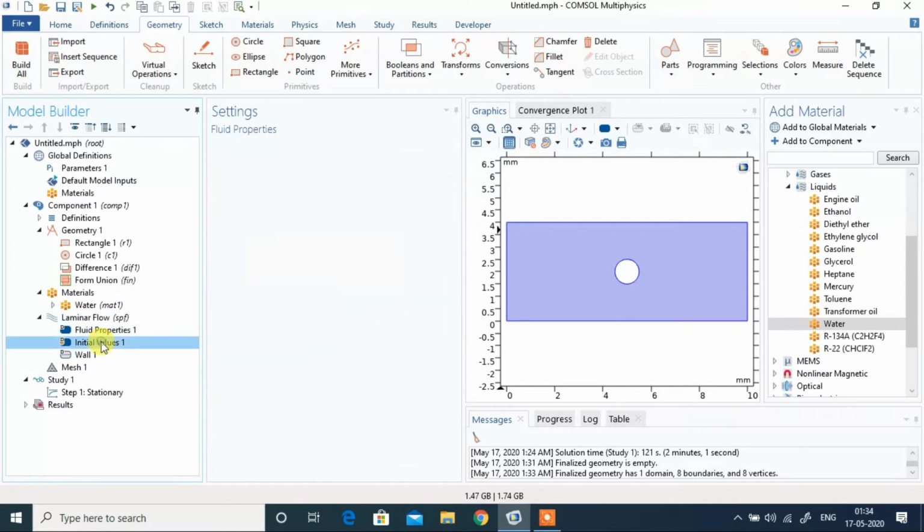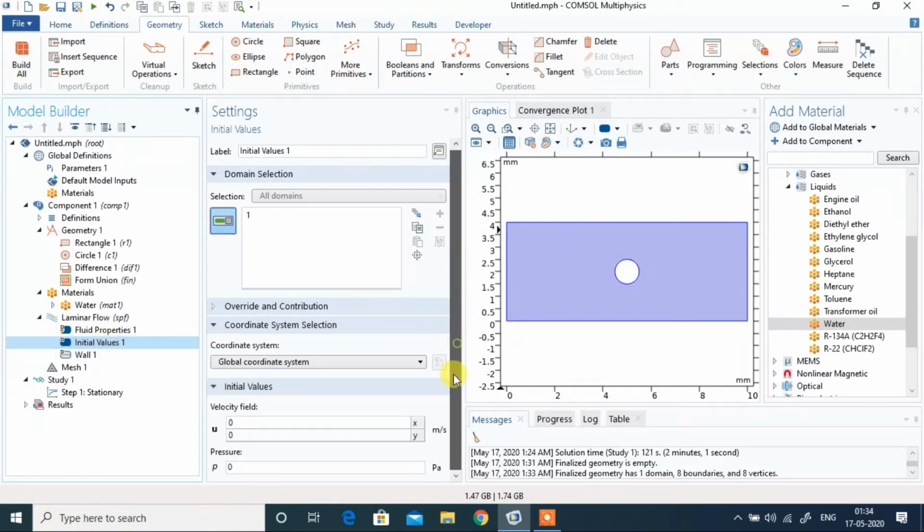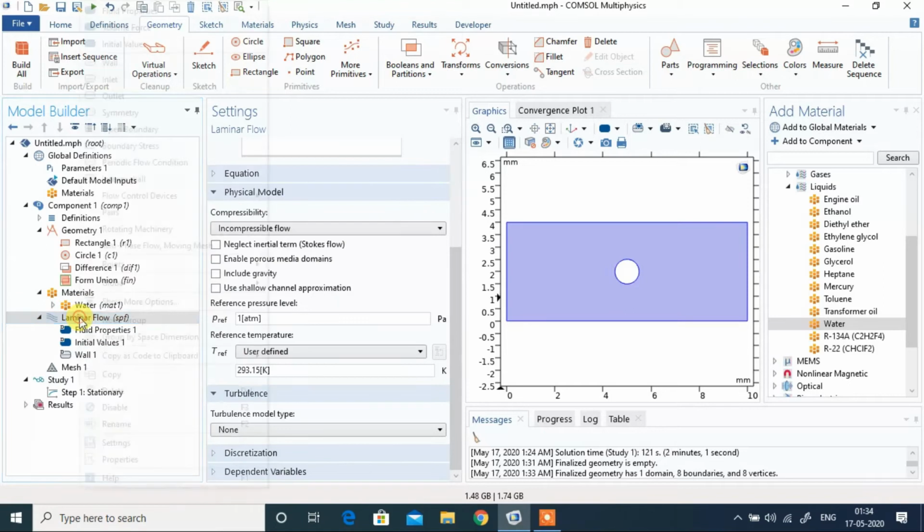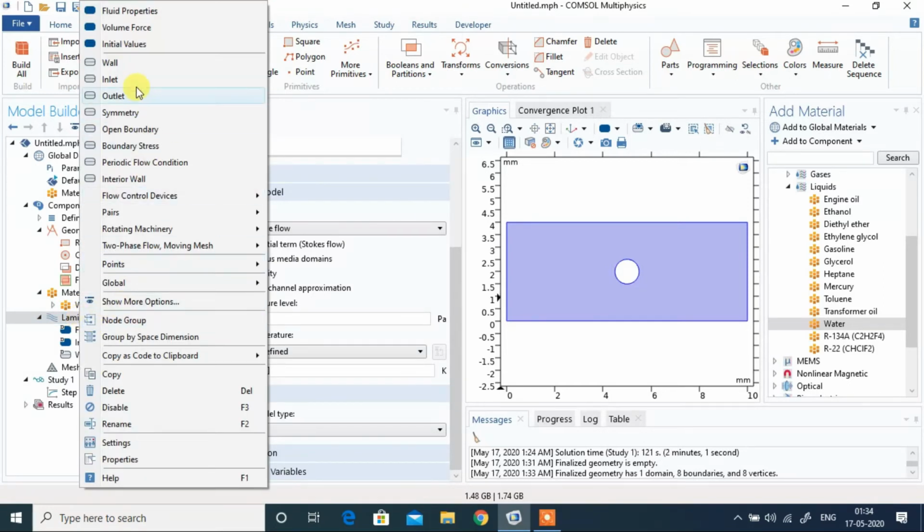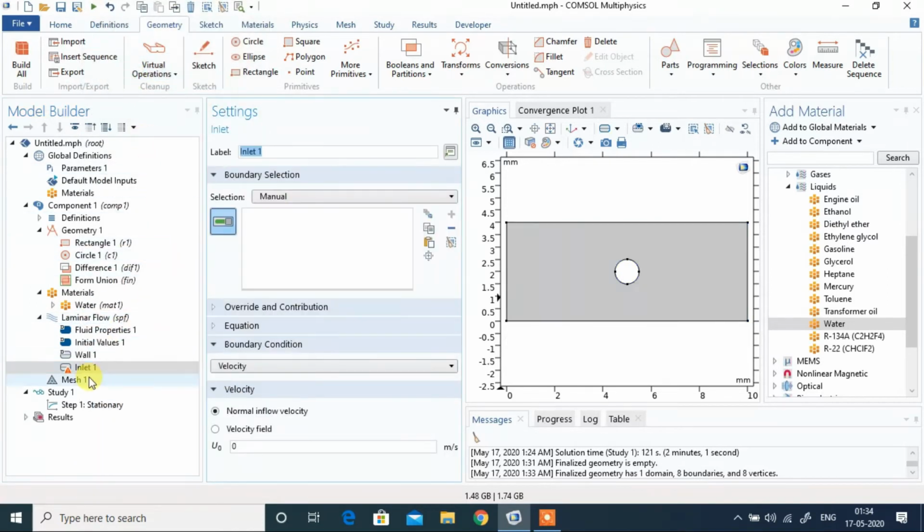These are the fluid properties, the initial values of the water fluid inside this. Now let's add an inlet. So right click on laminar flow, click inlet. This is the inlet from where the fluid will enter.